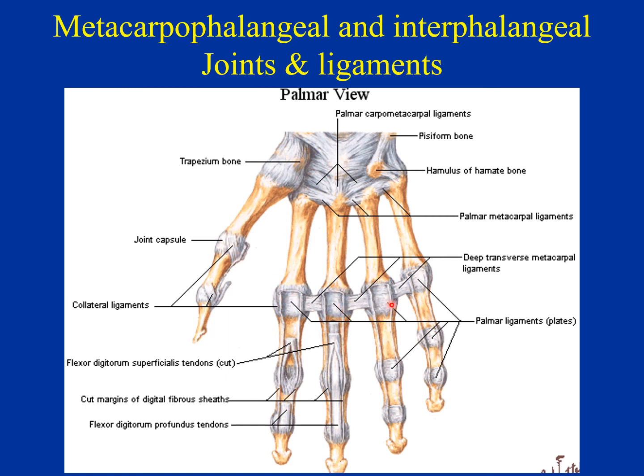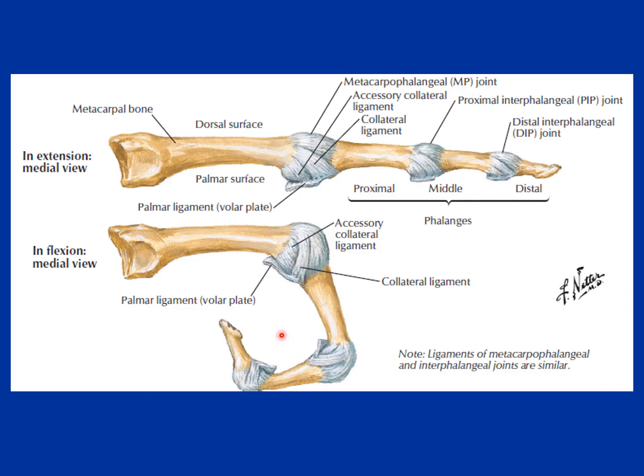These are ellipsoid type of joints, condylar type of joints, as we already discussed, and these are hinge type of joints. Here you can see the collateral ligament which is attached on the lateral aspect of the joint. This is a metacarpophalangeal joint, and this is an interphalangeal joint, and these are the collateral ligaments which are keeping them in position while we are moving them or flexing them. So the main function of lumbricals is movement at the metacarpophalangeal joint, and the interphalangeal joints are moved by the long flexor tendons.